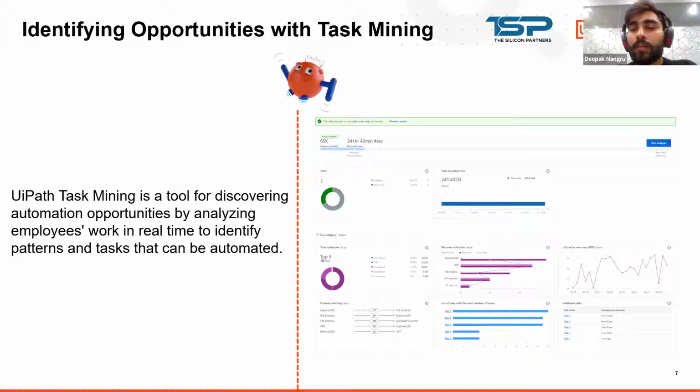We have a chart to see that on this day they spend this much, because some processes are heavy at month end, some happen on a daily basis, some are quarterly, some are yearly. So there can be a difference in all that data. We want to find the perfect task to be automated. By all this context switching data, the BA or the project admin can easily understand that this is the process we want to automate first, and it will help the user more. By task mining, we'll get this kind of dashboard, and we'll see live also how this dashboard looks and what kind of features it provides us.